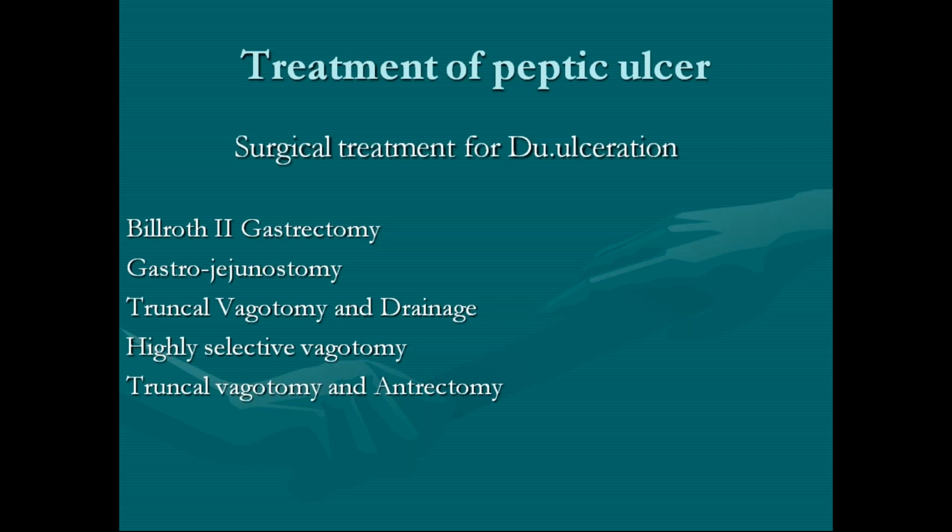So what can happen? The alkali content from the small bowel can enter into the stomach, and this can decrease the acid exposure of the duodenum. But at the same time, remember, vice versa, the acid from the stomach can also directly damage the jejunal mucosa, leading to the formation of a stomal ulcer, right? So this also has its own complications, so it is also quite ineffective, right? Is it clear? You can understand what I'm saying, right?